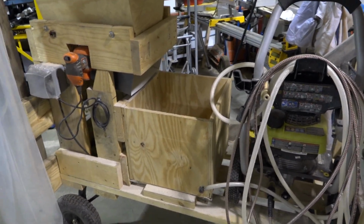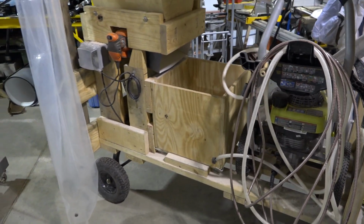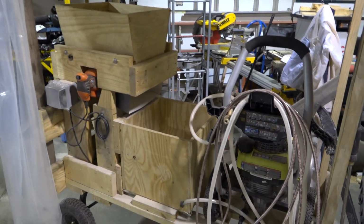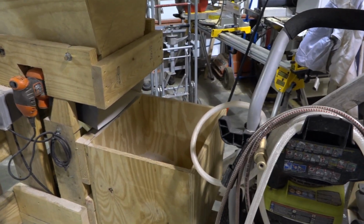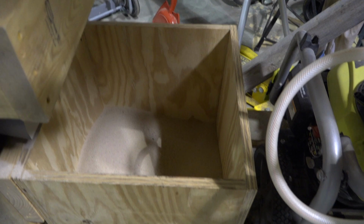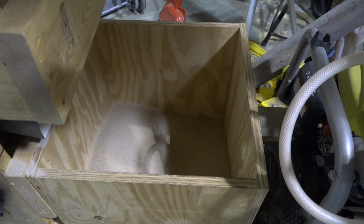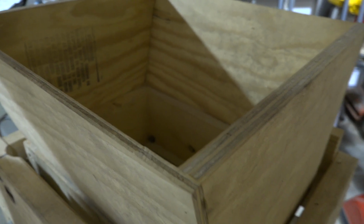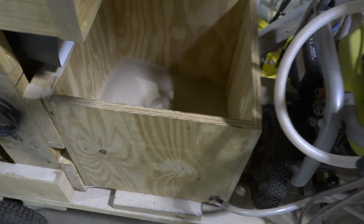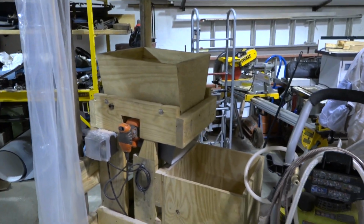And on a day when it's 0% chance of rain and sunny, supposedly, according to the weather, it starts raining. Well, that's really not a good thing, because once your sand gets damp, it doesn't matter if you're using a $1 billion sandblaster. If your media gets wet, you're done. It ain't gonna work. So it was trying to rain in the bin and the sifter here and down in here, and it's like, oh geez. So we ended up going back for some minor revisions,